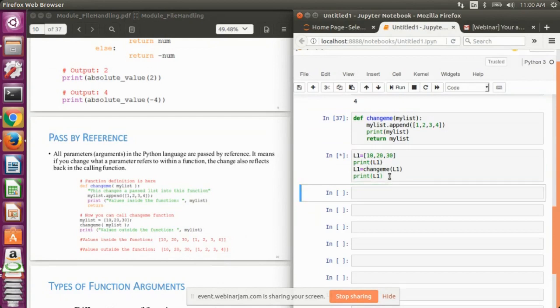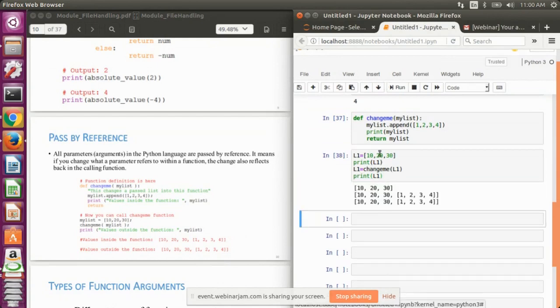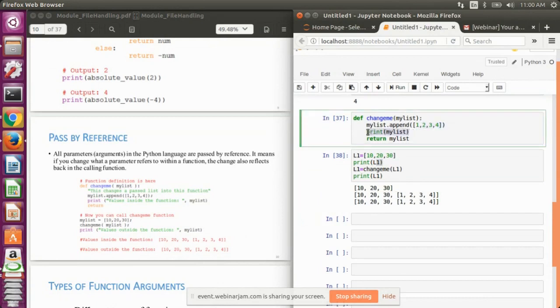Now if I run, see, the first output corresponds to the first print statement. The next print output corresponds to the print statement that we have used inside our function, and the last output corresponds to the last print statement, that is print L1, after calling the function change me.